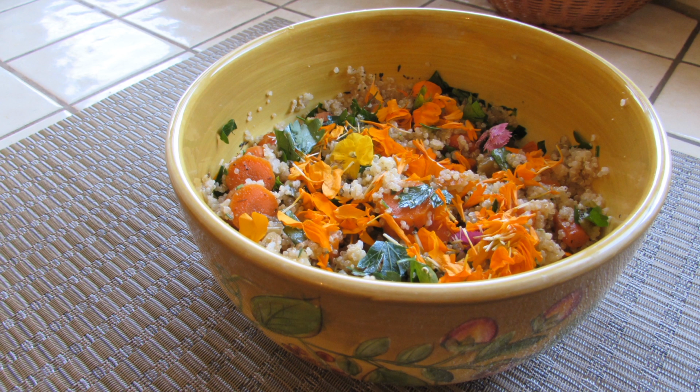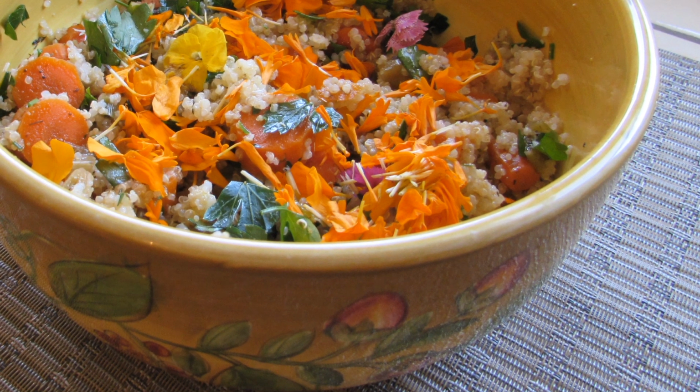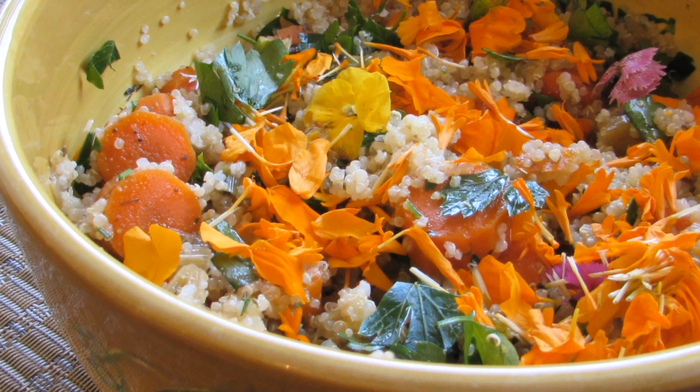I love color, I love it in life, and I want to see it on my plate. So make sure that you fill your plate with colorful fruits and vegetables. The antioxidants in fruits and vegetables will help to improve your vascular function, raise your healthy HDL cholesterol, lower the LDL, the unhealthy cholesterol. It also lowers homocysteine levels, which means you will have a very happy and healthy heart